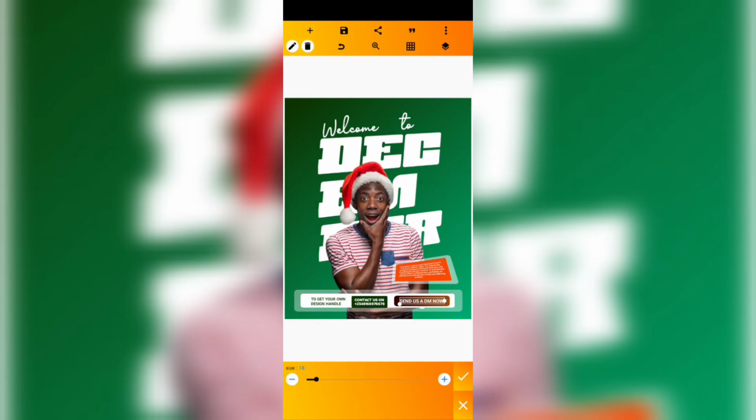You have to reduce the size a little bit. So after you're able to do this, the final thing we are going to do is to import our